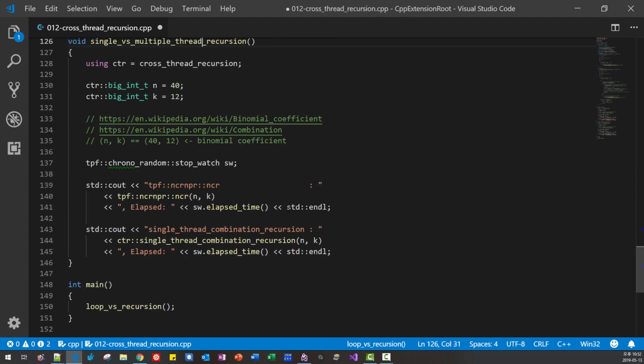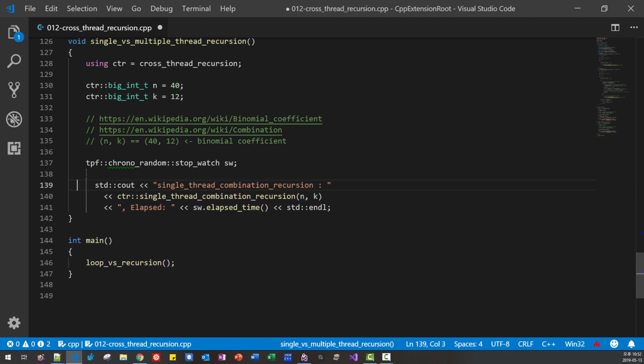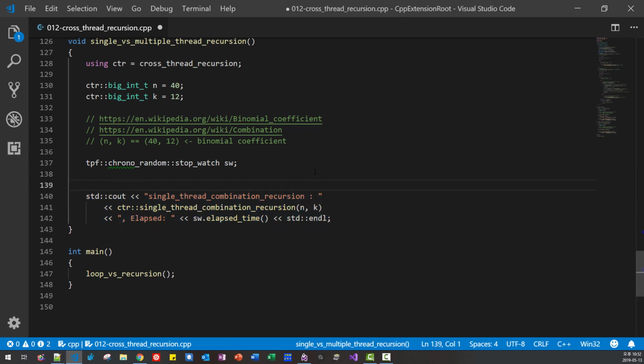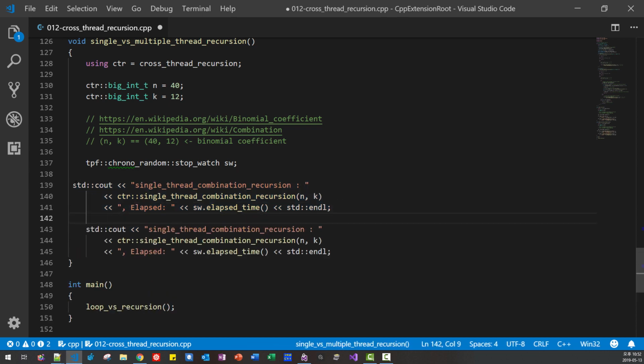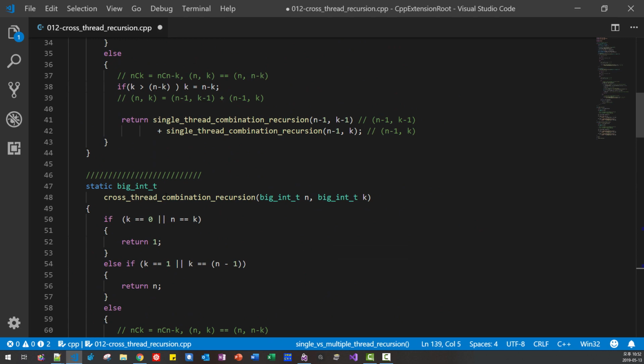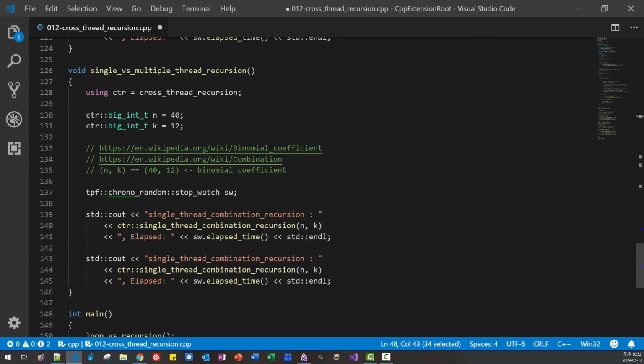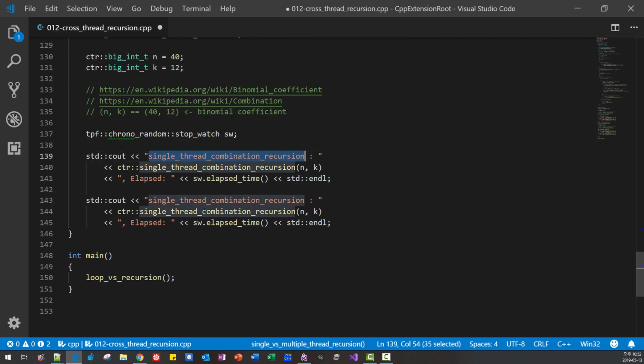Okay, then I delete this part, then I copy this part, pasted it here, then I copy this function name, cross-thread combination recursion, and I paste it here and also paste it here.